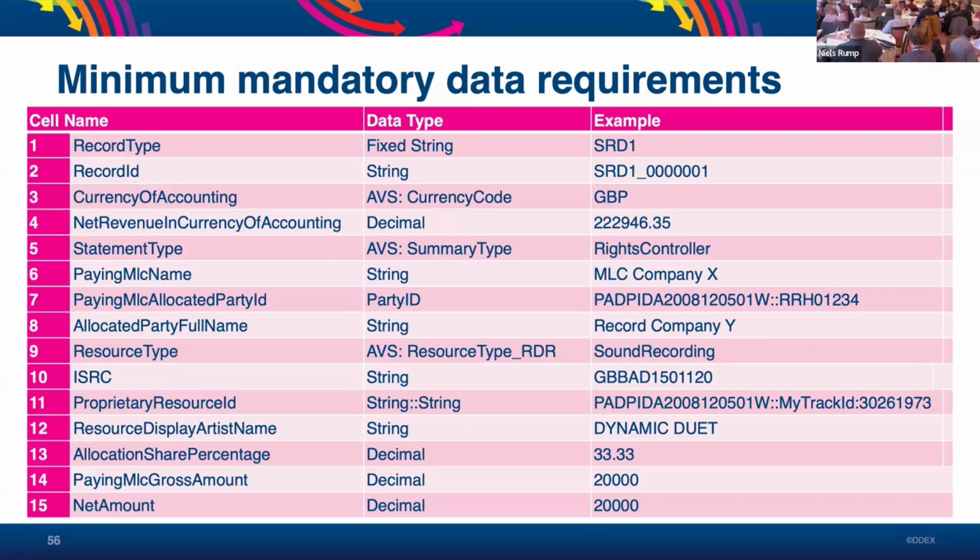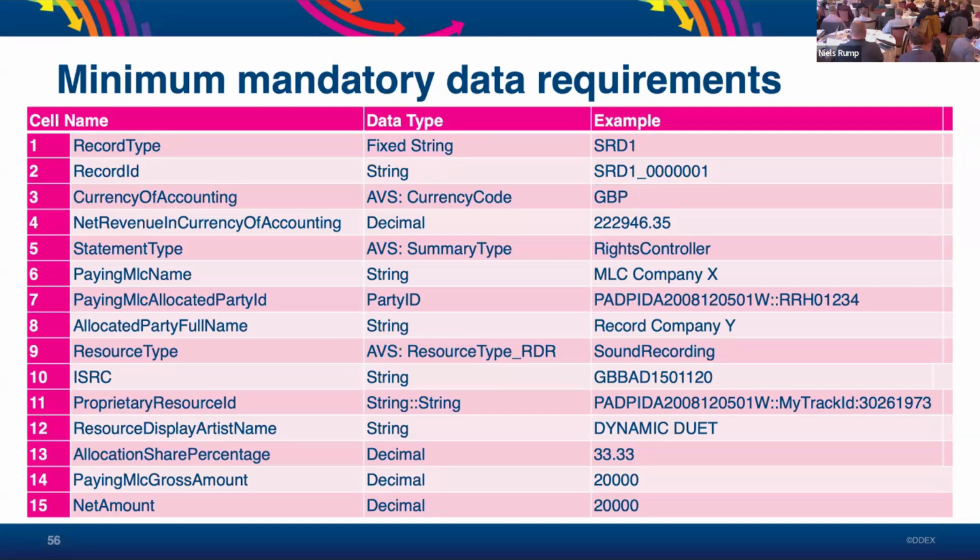The working group has written a knowledge base article to clearly indicate the importance of sending an ISRC if available. And I want to stress it, that if you have one, send it. It's here in the example because it's so important, despite the fact that the specification allows you not to send one. It's conditional in respect to the proprietary resource ID.